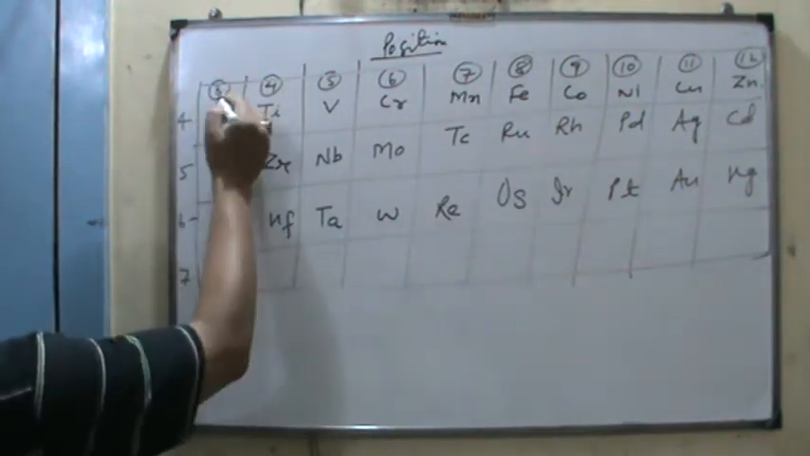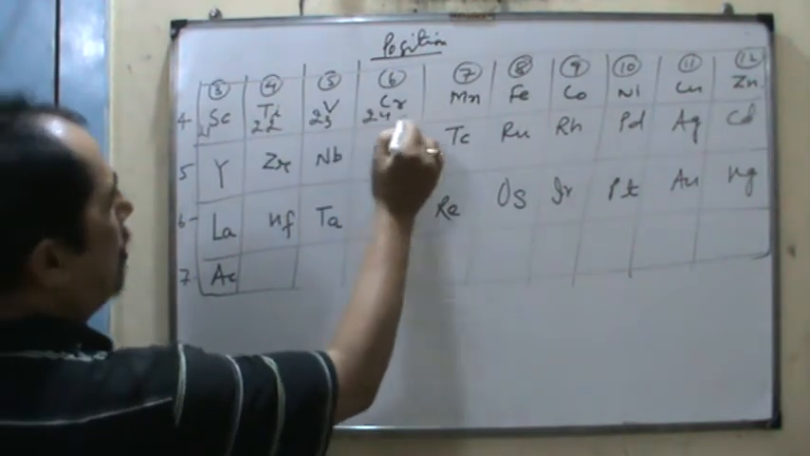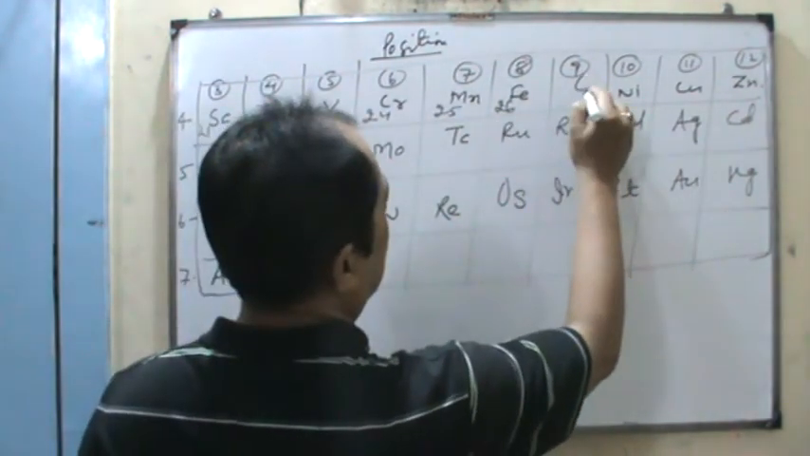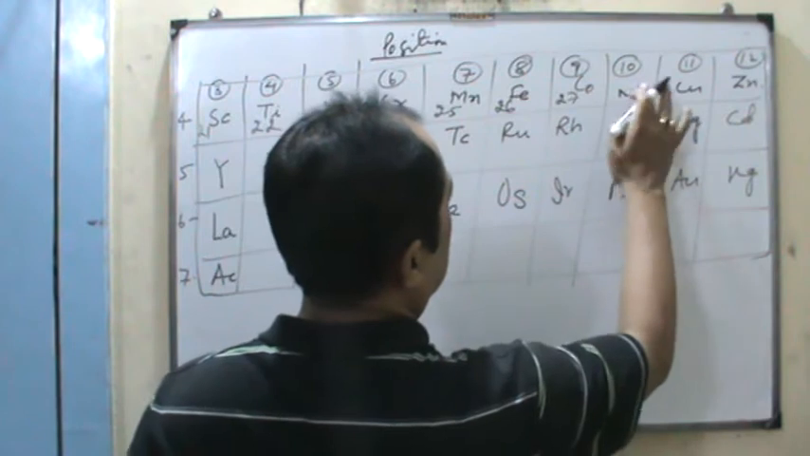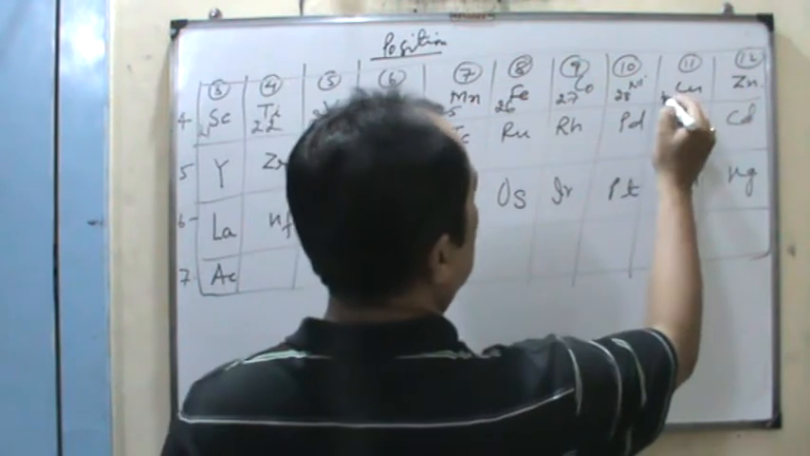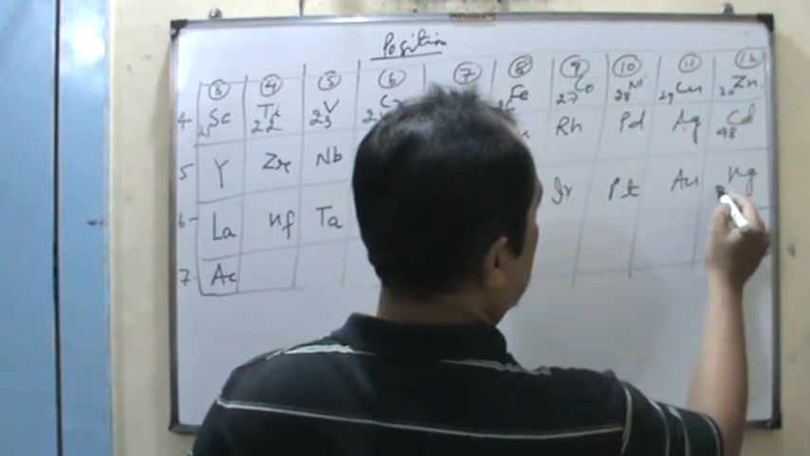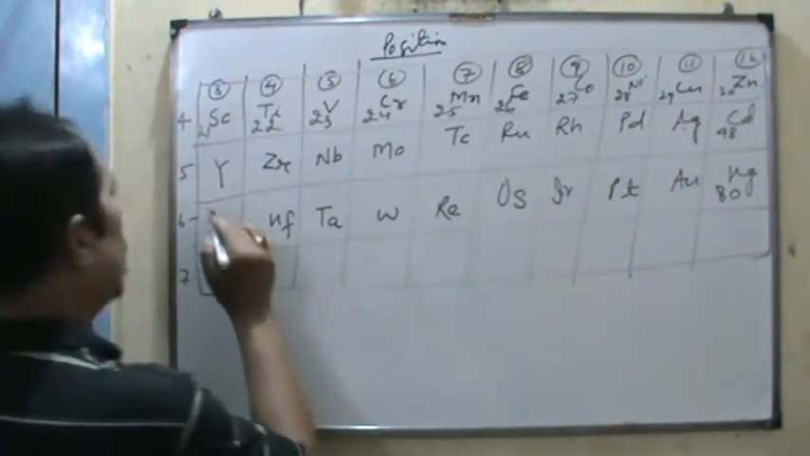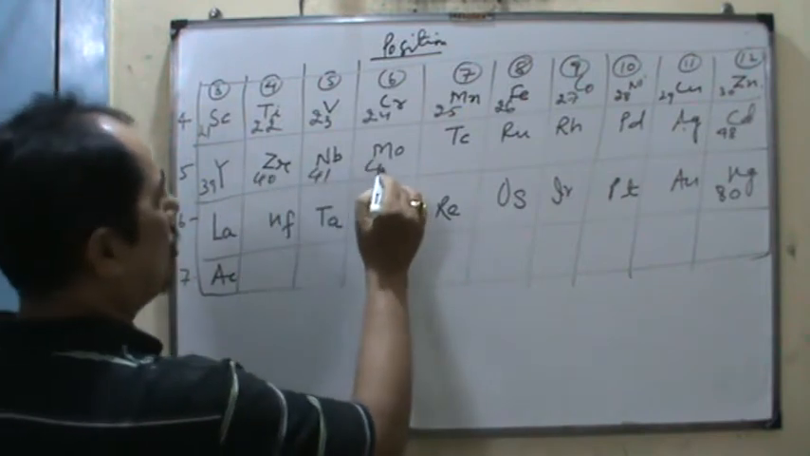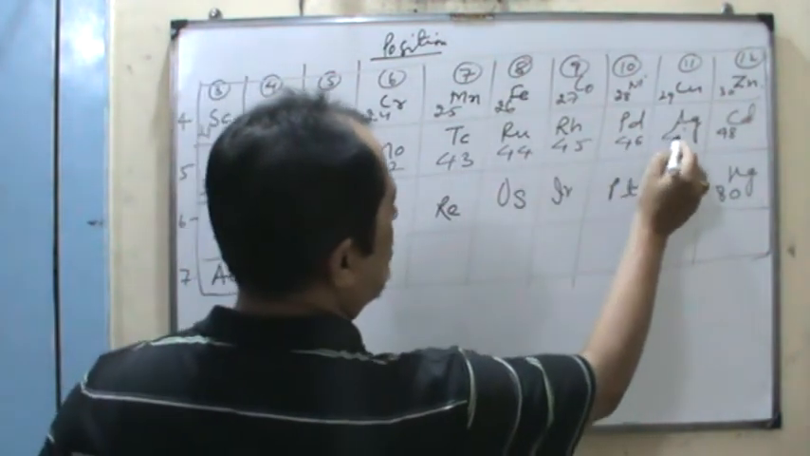Here is the third: scandium 21, 22, 23, 24, 25, 26, 27, nickel 28, copper 29 and 30, cadmium 48 and mercury 80. Now 39, 40, niobium 42, 43, 44, 45, 46 and 47,